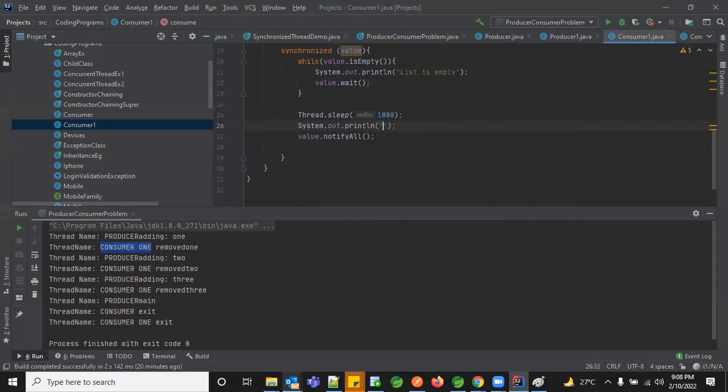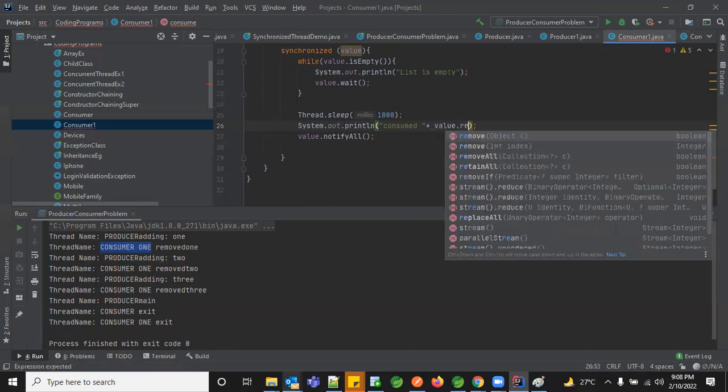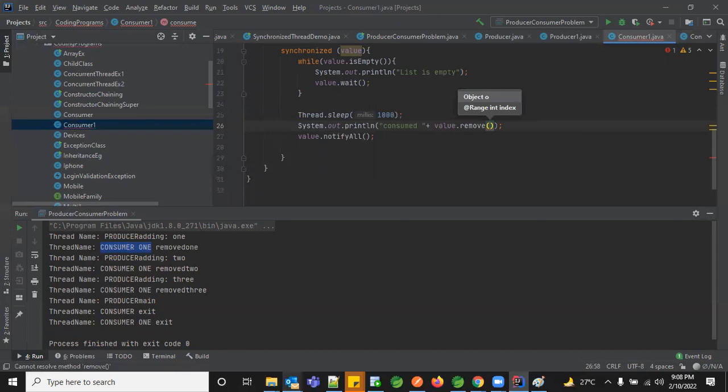So the removal aspect is consumed. And what did I consume here? The value is the list, so value.remove. And what is the object we are going to remove here? The first object.